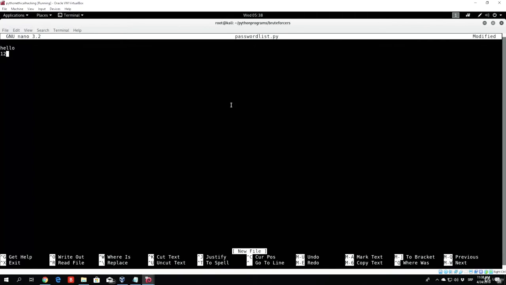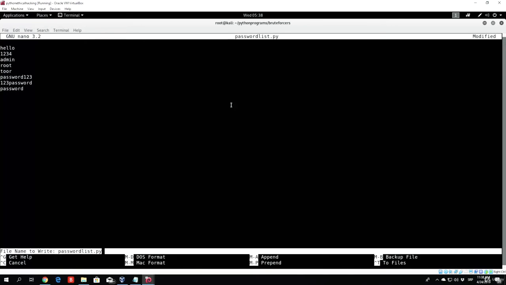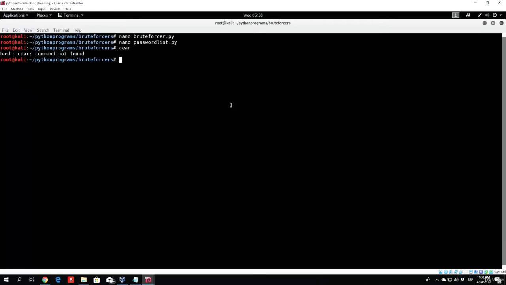Hello, 1234, password, or let's not put password that soon, let us use admin, root, tor, password, 123, password, and then we will use this password right here, which is the correct password. Now of course, once again, if you don't want to use this password list right here, you can just navigate